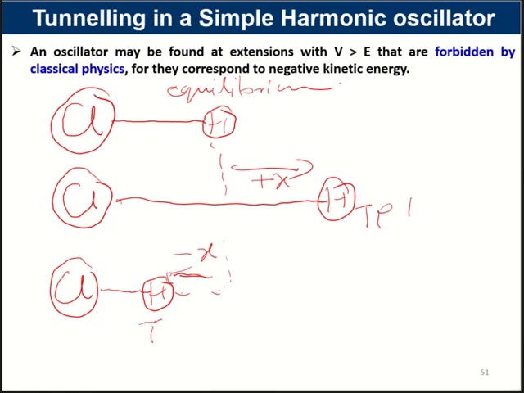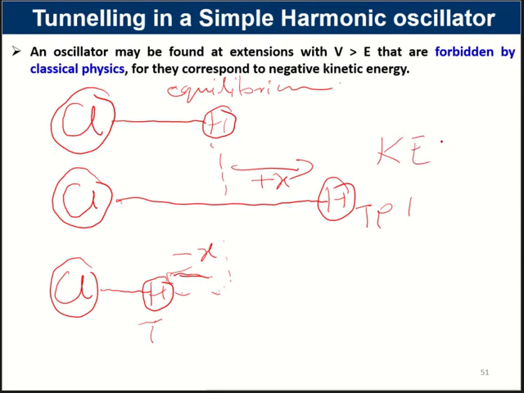So in the minus x direction there is one turning point, in the plus x direction there is another turning point. झूला भी होता है ना, एक पेंडुलम के ऊपर गया और पॉइंट के बाद वो नीचे आएगा. So that will happen at the point where kinetic energy